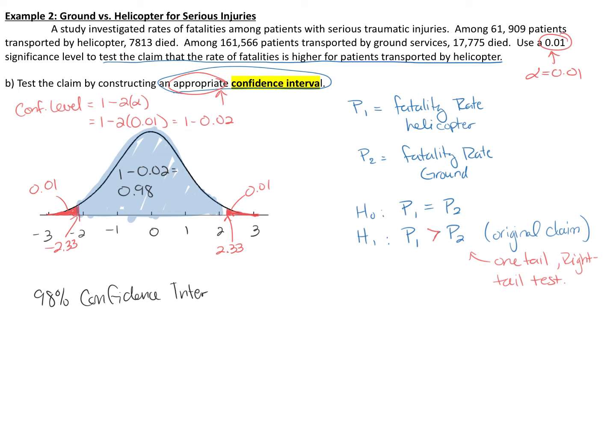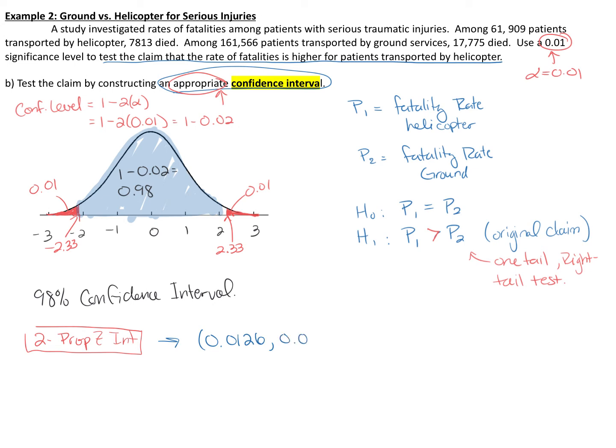The appropriate confidence level is 98%. This is the information that you'll need to put into your calculator. Using the calculator function here, I'm going to use 2 proportion z interval. Once you put in all the relevant information, the calculator is going to give you the following interval: